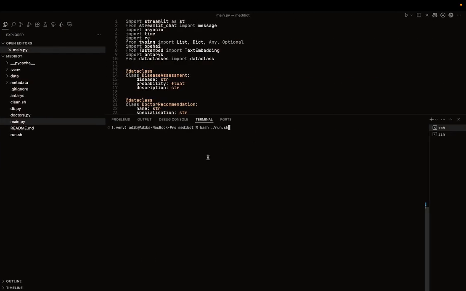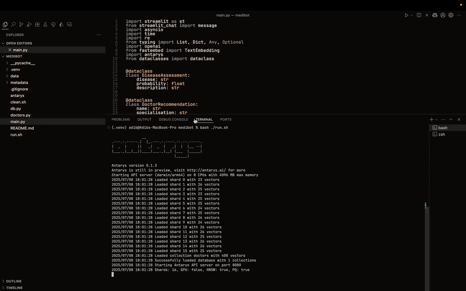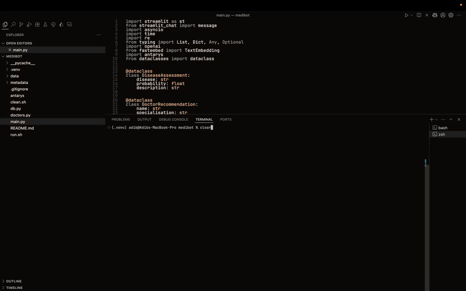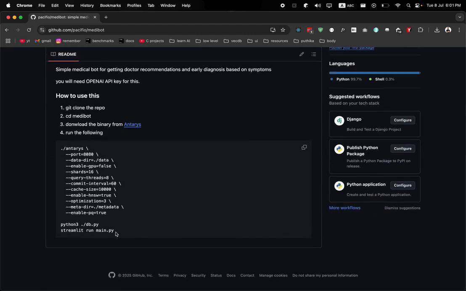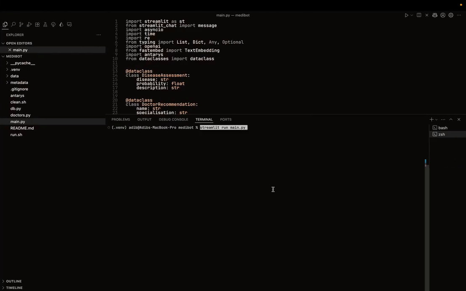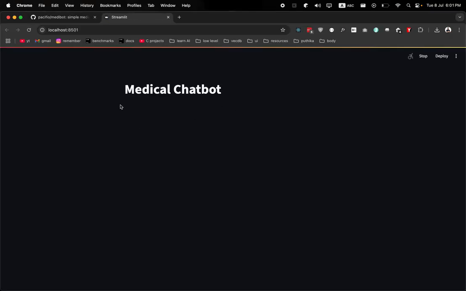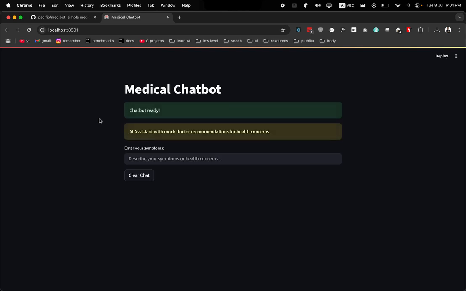First, you're going to need the server, and I have already loaded the data in, and you'll also need to start the application. So we're going to do this and just run it on the web. So this is basically a medical chatbot, like I said, guys. You can talk to it. So for example, I've already did some chatting with it beforehand. So I'll just give this